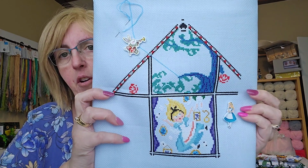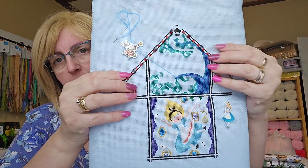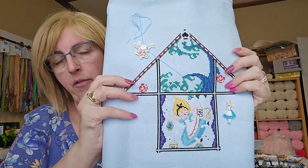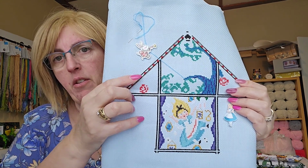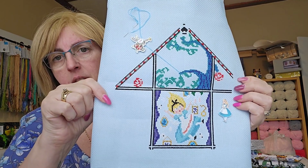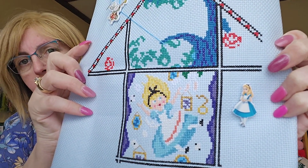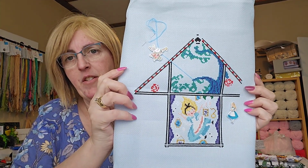And this is where I reached. So this is 10% of the project. So just working on, I've actually just done all of the black, and I'll put a before photo up, so you can see where I was at before. And so I've done all this red and black up the top of the diamond, and I filled in some of this here, ready for where the Cheshire Cat comes. So, and popped in a couple of roses, and of course my needle minder, Alice in Wonderland, and the bunny rabbit, so that I've got matching ones. So that's actually quite a fun